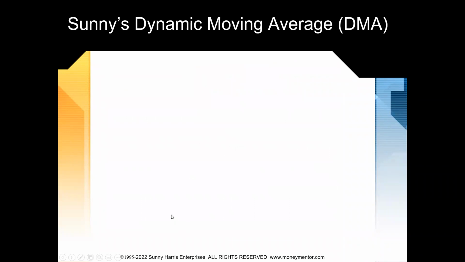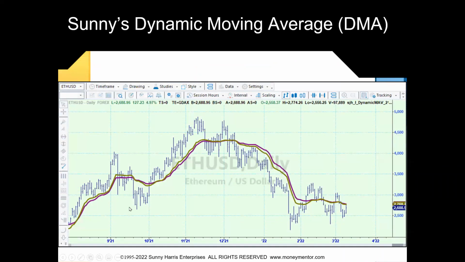The first thing I'm going to show you is my dynamic moving average. This is one of the things I use to trade, and you'll see it looks kind of funny. It gets closer together and farther apart. You can see it turns with the actual market moves, whereas other moving averages will whipsaw, especially during periods like this. You can see my mouse. So in the center there, and then again over here, during whipsaw times you don't lose all your money.